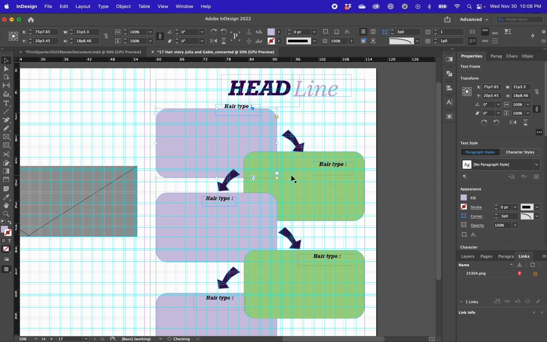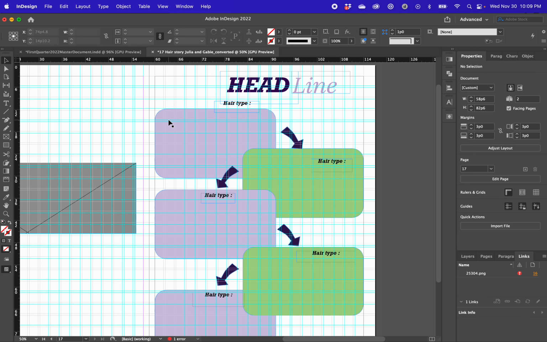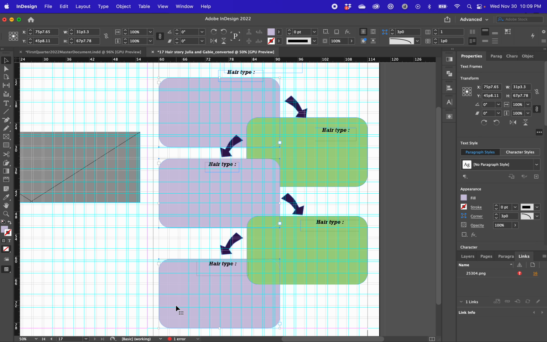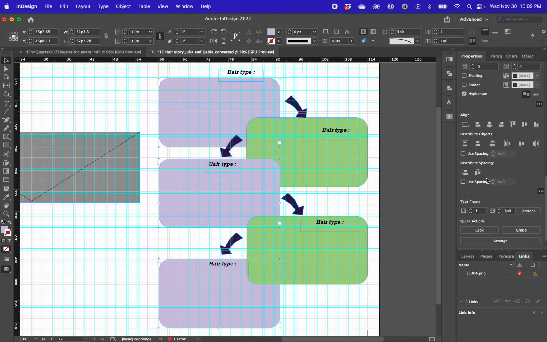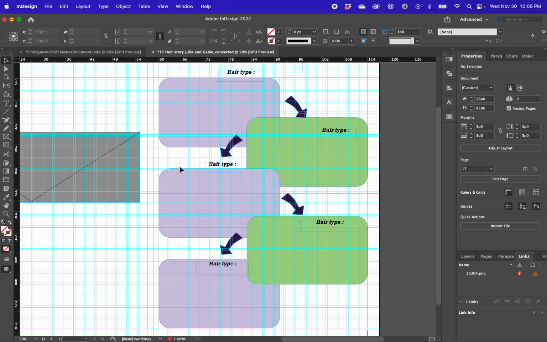So I'm going to move this down a little bit because right now it's not really giving the headline a lot of room. So if I select all 3 purple ones, so shift click, still holding shift, click, let go of both. Actually, no, don't click any of them. So just have them all selected, but don't select one to be your gravity one. And then come over here and to distribute spacing, I'm going to click on this,